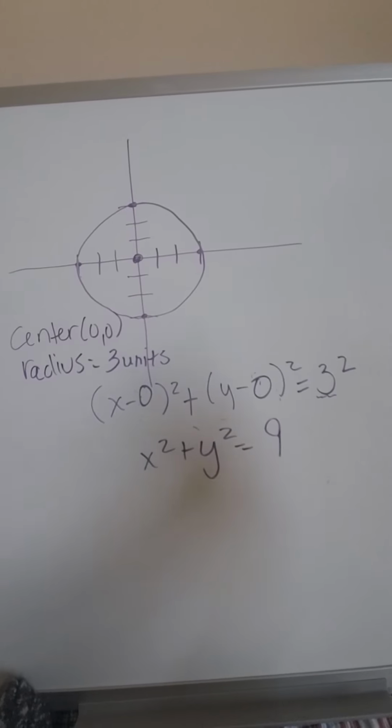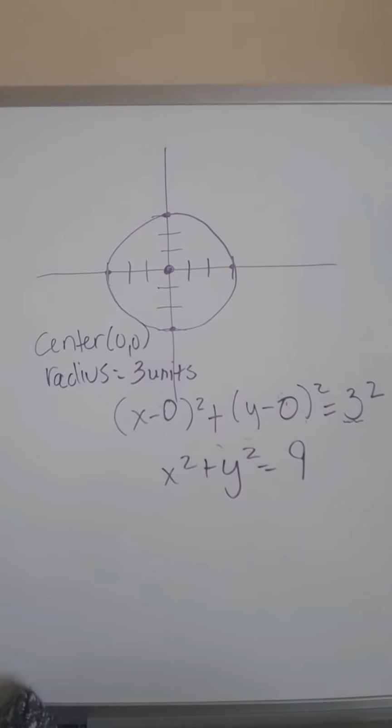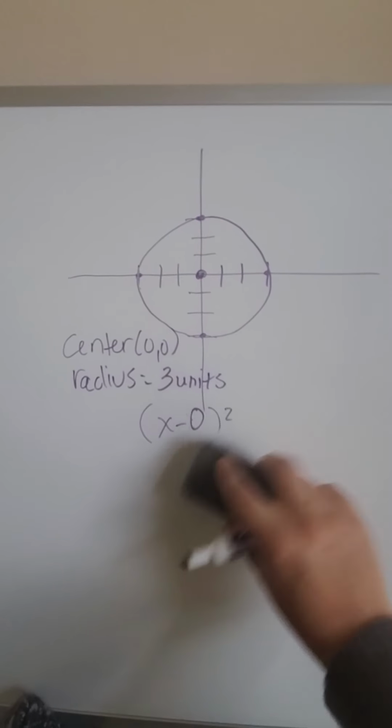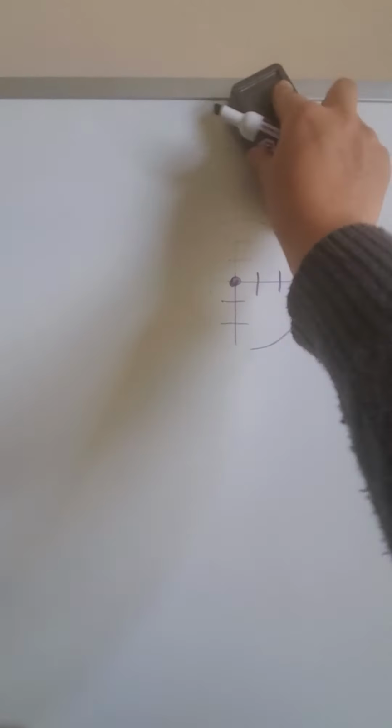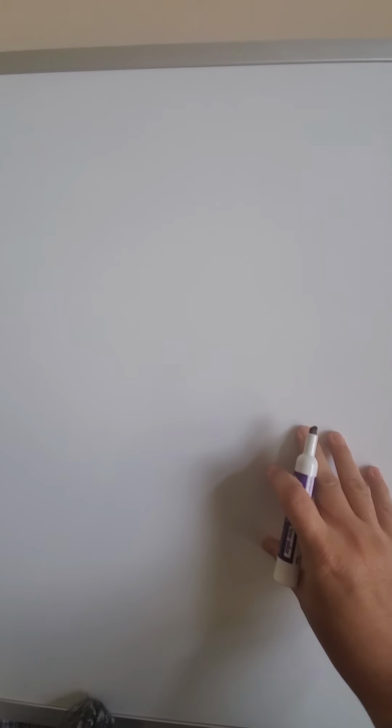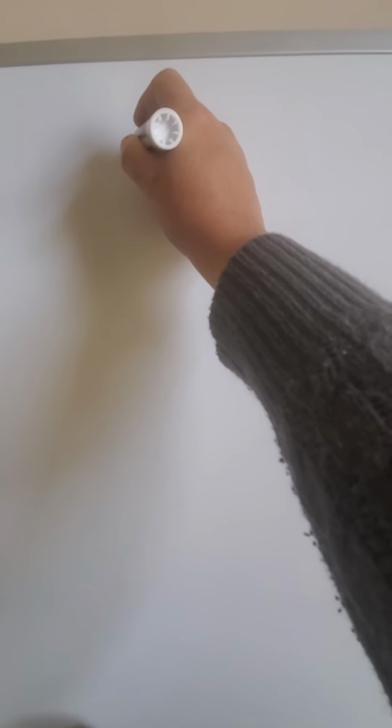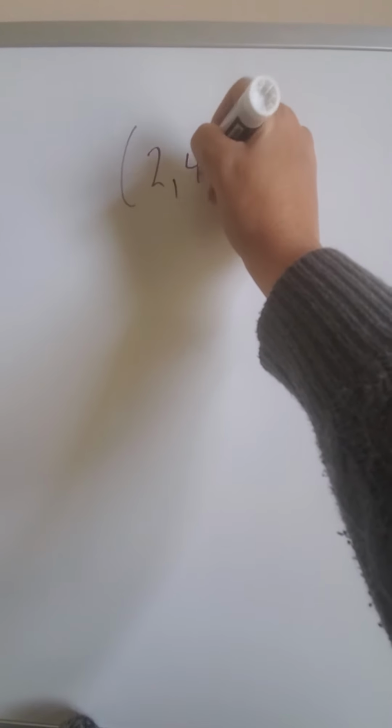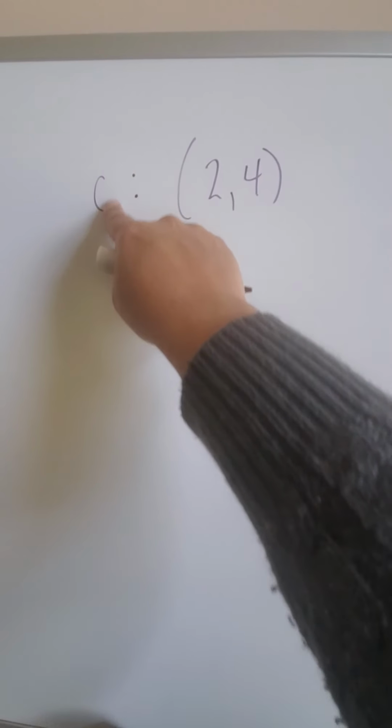So let's practice a few more of these, and in this video I'll add how to get it in standard form, because that's considered standard form. Sometimes they'll have it looking all cray-cray, and we'll talk about that later. So let's just go through it. I'm going to list some different centers and radiuses, and we're going to practice plugging it in and simplifying the equation. Okay, so let's say I have a center of 2, 4, and I'll just put C for center,